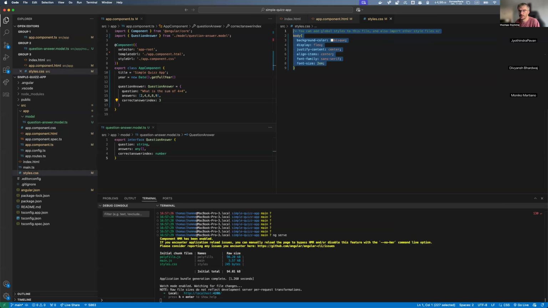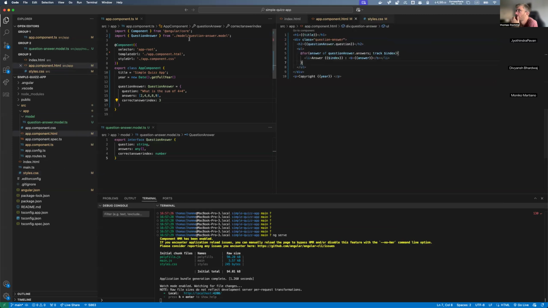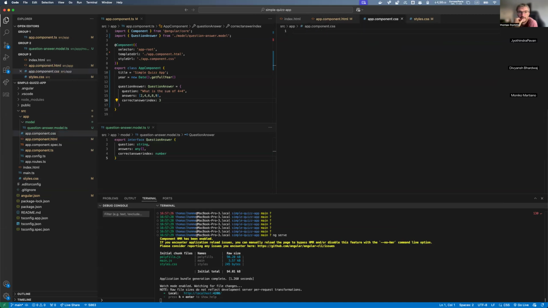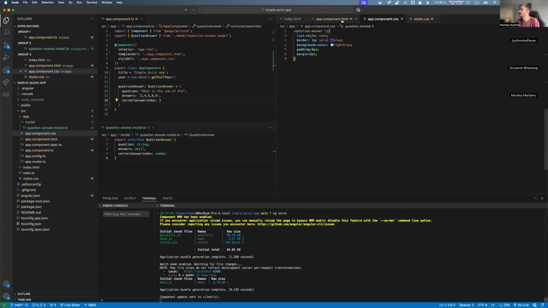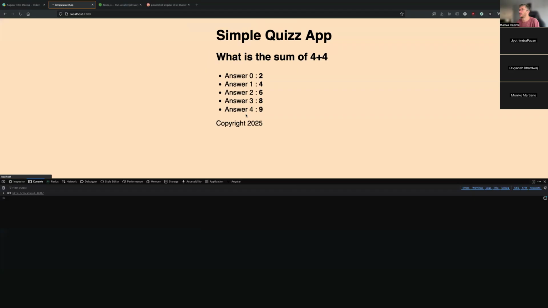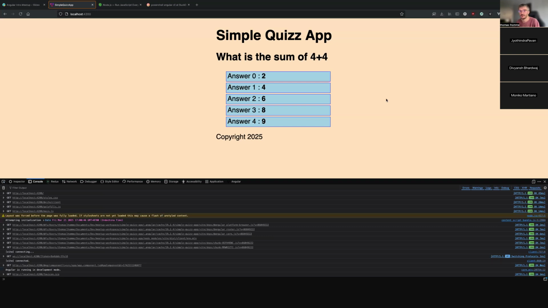And then I'm going to define some CSS as well for our app component.css here. We want to have a bit of design for those. H1 here, I don't need this. I'm going to give them a class, question answer, that's how we call it. Question answer LI. We just add a style, so it looks like this.